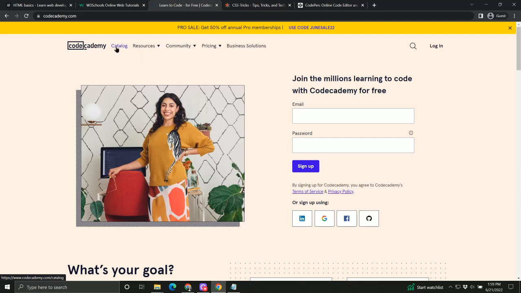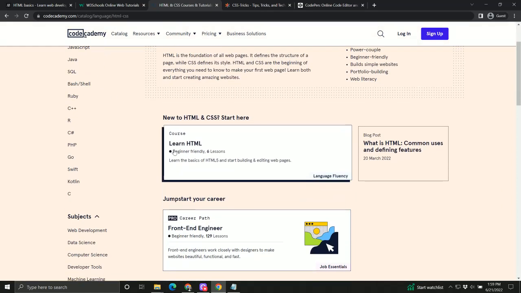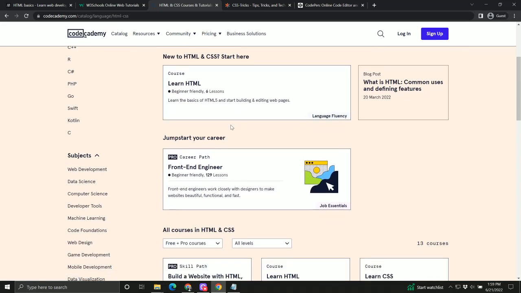But their catalog is very extensive, just like W3 Schools, having the HTML and CSS, having the foundational learning courses that walk you through step by step. They have instructions that you need to complete, and as you complete those instructions, it lets you move on to the next task. This is great for beginning students that need a push in the direction and then know where